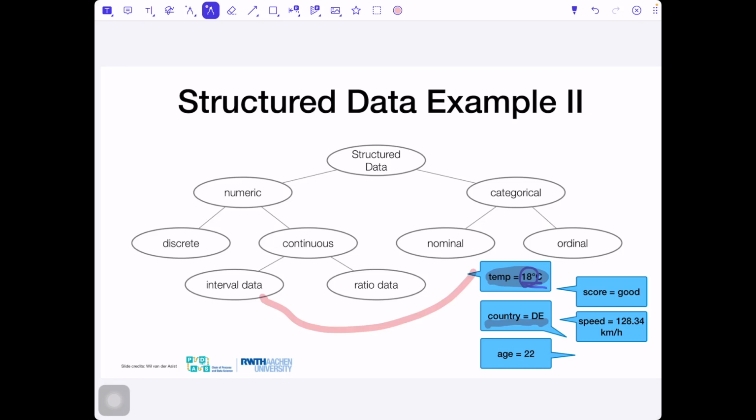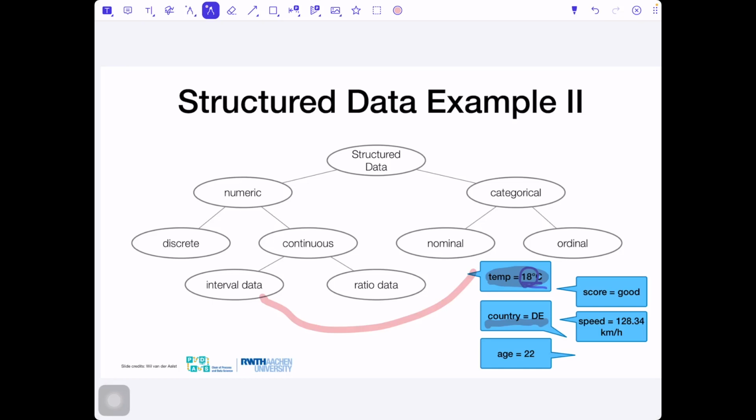There is a limited number of cases which actually belong to interval data. Temperature is one, but temperature can be expressed in Celsius, in Kelvin, and in Fahrenheit.